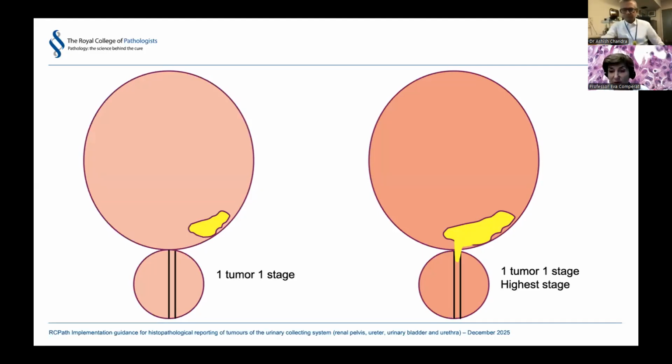If you have one tumor and it grows into the urethra, be aware that you really have a look whether this is the same tumor or whether it's another tumor. But here, once again, one tumor, one stage, and of course you give the highest stage. And even if it's huge, you have to have a look where it comes from, because I told you already